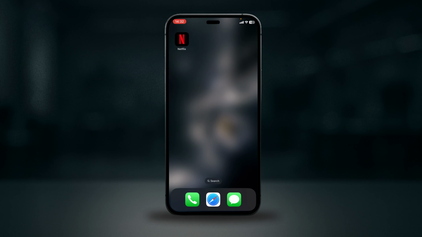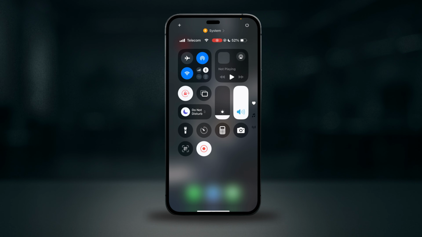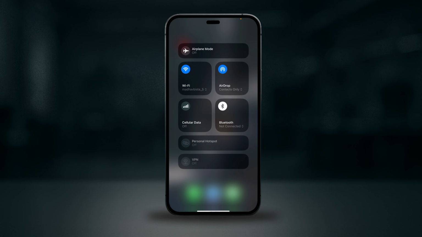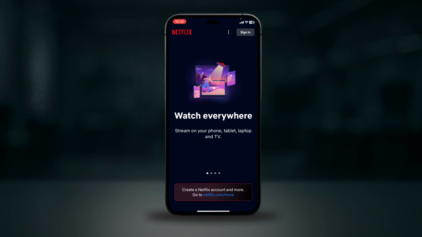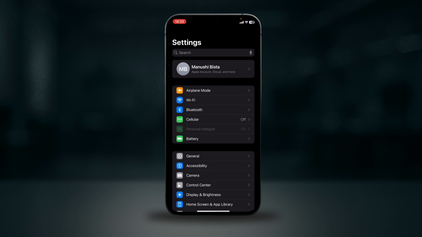In this video I'll be showing you guys how to fix the Netflix black screen error on mobile. So first of all, go ahead and check your internet connection, switch between Wi-Fi and mobile data to see if it loads. Next, if that does not help, go ahead and open settings, then